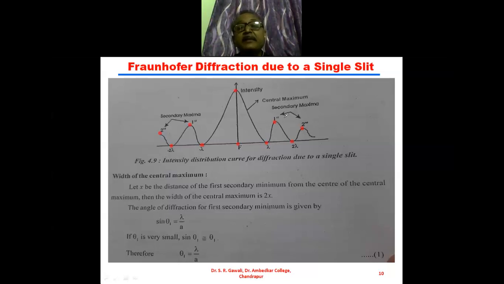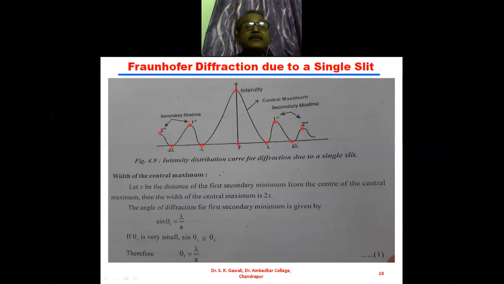सेकेंडरी मिनिमा मिलता है और सेकेंडरी मैक्सिमा मिलता है, लेकिन ये कैसे रहते हैं, अल्टरनेट रहते हैं. सेकेंडरी मिनिमम मिला तो उसके बाद में सेकेंडरी मैक्सिमम मिलेगा, सेकेंडरी मिनिमम मिलेगा उसके बाद में सेकेंडरी मैक्सिमम मिलेगा. And so on one side of this central maximum, and on the other side we get the similar. So the width of the central maximum, now we will obtain what is the expression for the width of the